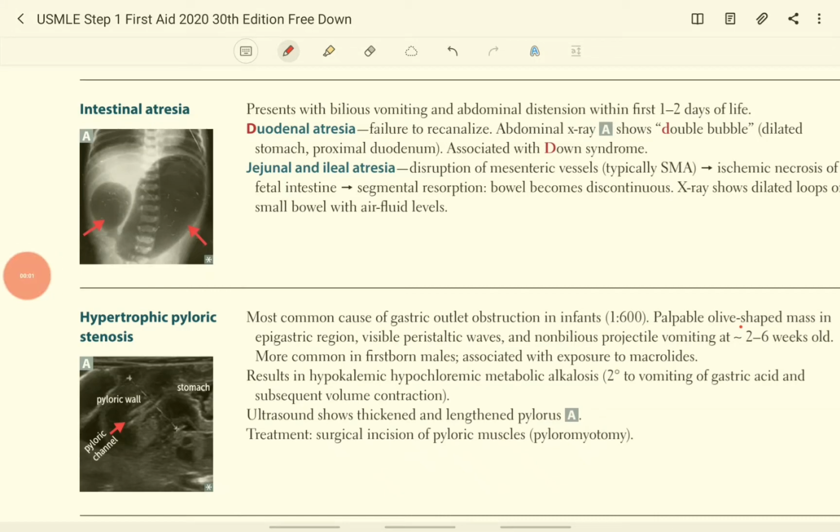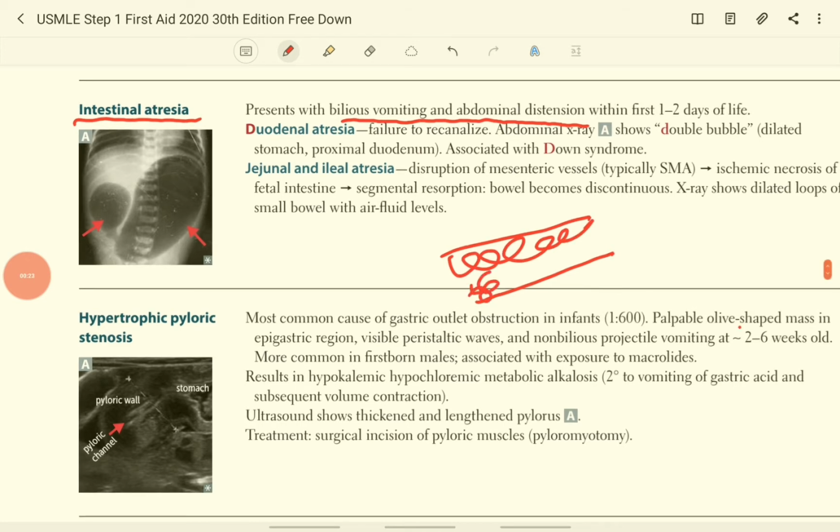In intestinal atresia, there will always be bilious vomiting with abdominal distension. This will happen in the first 2 days of life. In case of duodenal atresia, initially in the embryological stage, the duodenum has a thick inside wall and the lumen is